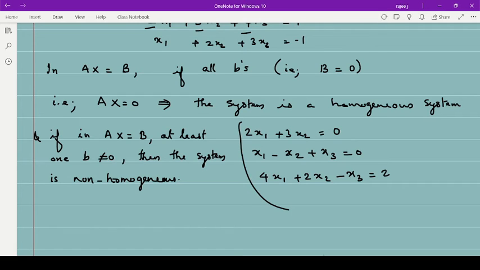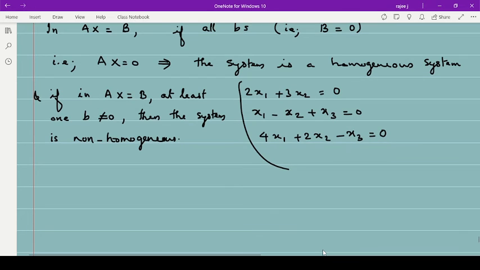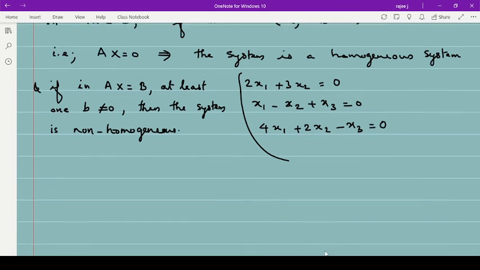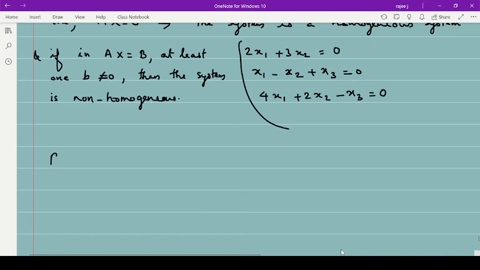So if all the right sides are zeros, then it is homogeneous, and if at least one of them is not 0, then it is non-homogeneous. This is the easiest way to remember homogeneous and non-homogeneous equations. Then we need to get the solution of these homogeneous and non-homogeneous equations. Now for a homogeneous system of equations,